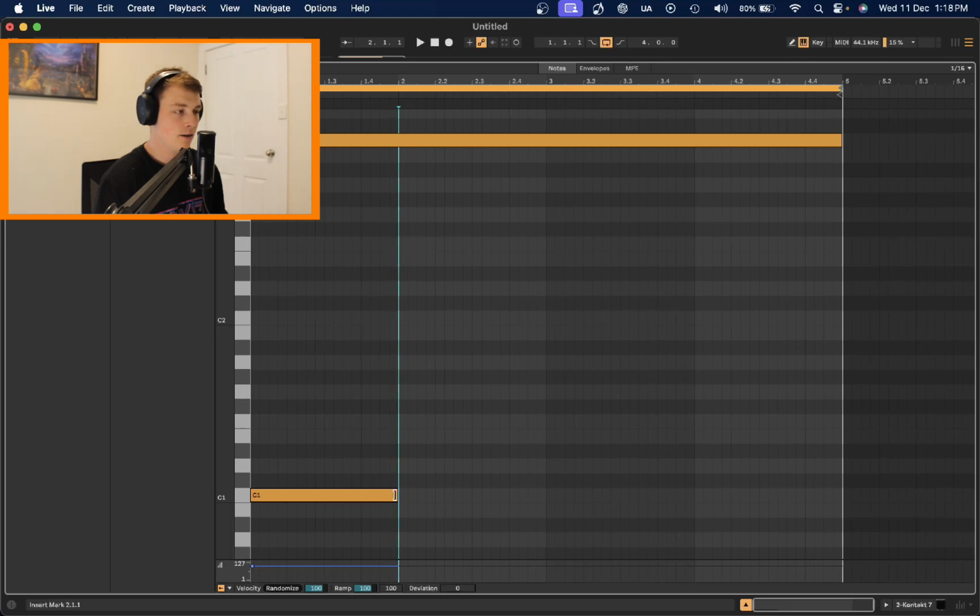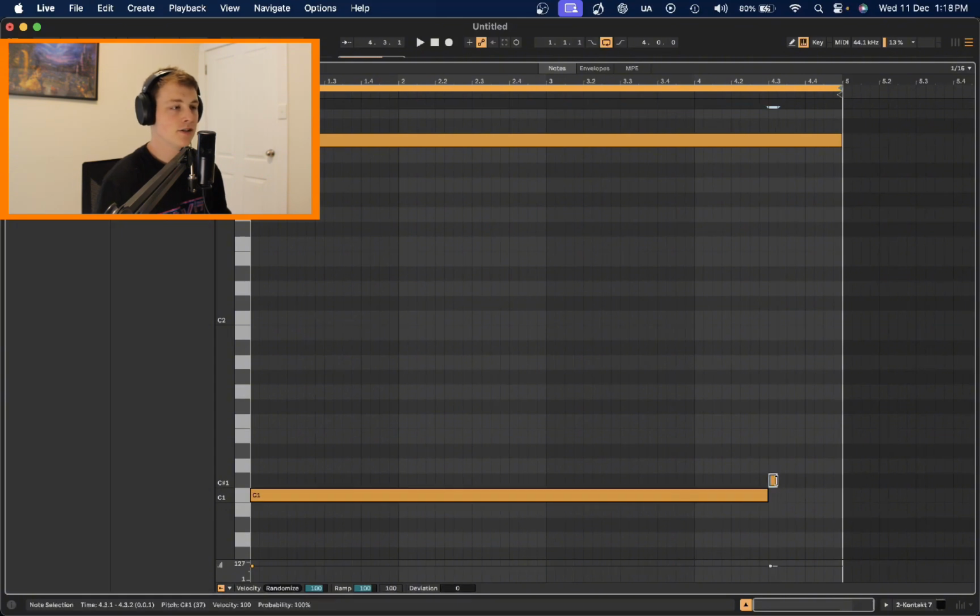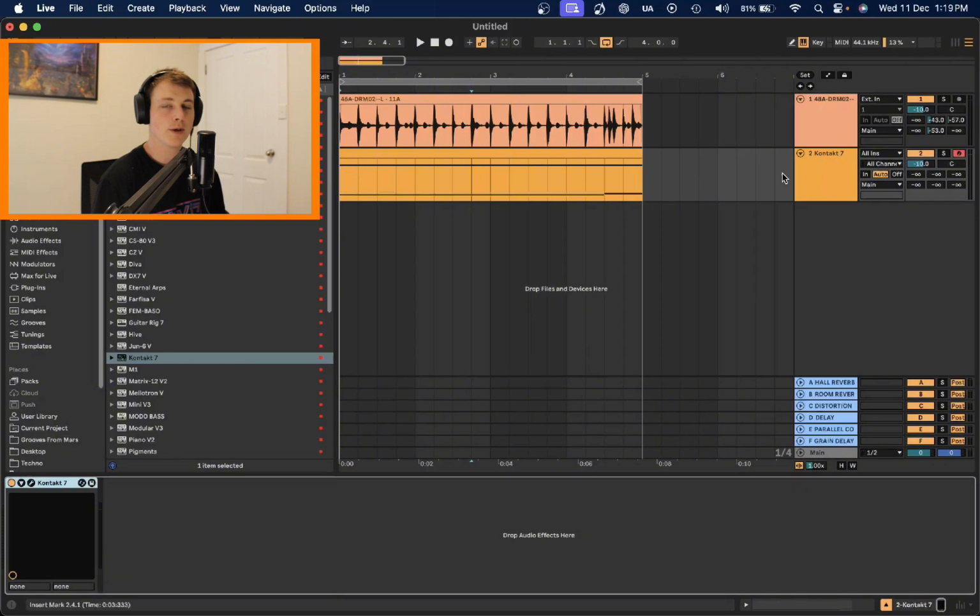So I like the original C1, and then just at the end of the 4 bars, I want to signal that there's going to be a change happening. So I'll do that by adding in a bit of a variation. All right, I'm happy with that as the bass rhythm, but let's start looking at how we get that wah